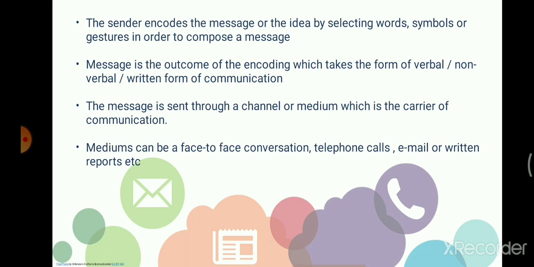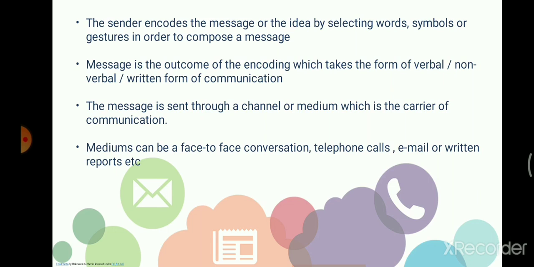message. Now, there needs to be an understanding that is supposed to be reached between the sender and the receiver. If the sender tries to send something to the receiver and the receiver does not understand it, the process of communication will be called ineffective. It does not get completed. So the sender should encode the message in such a way that it is understandable to the receiver as well. The message is actually the outcome of encoding.